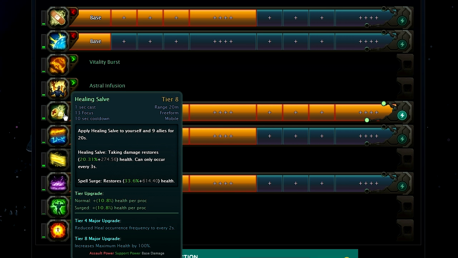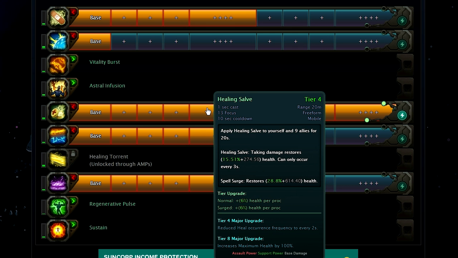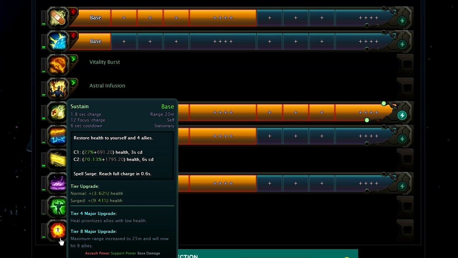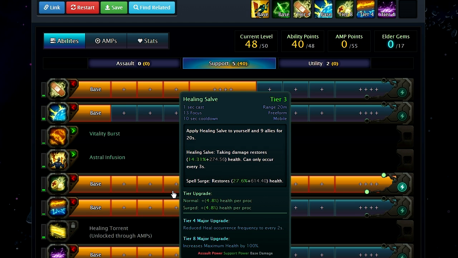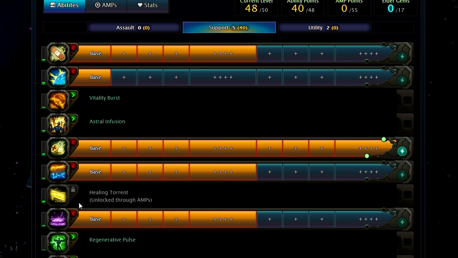You can throw both of those down, healing salve on all the people, void spring on the ground where the fight's happening, and they're going to have 2 heal over times going off on them at the same time. So now here, regenerative pulse and sustain we're not going to use on this build either. As you can see here, that leaves us up the top here with 1 spell left, which is our healing